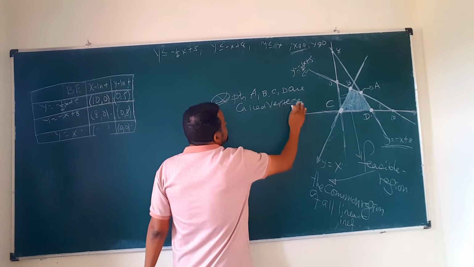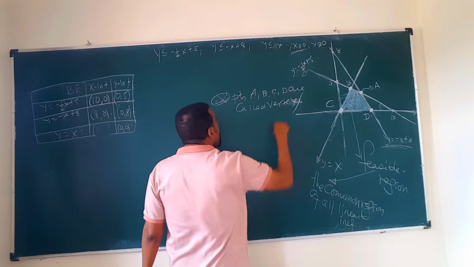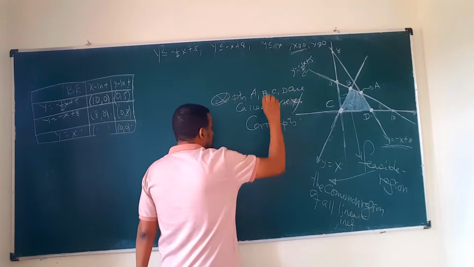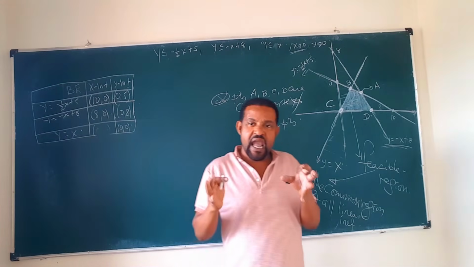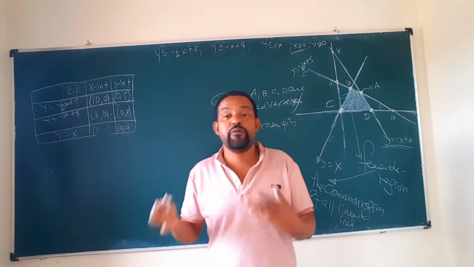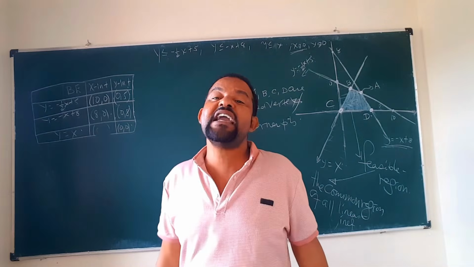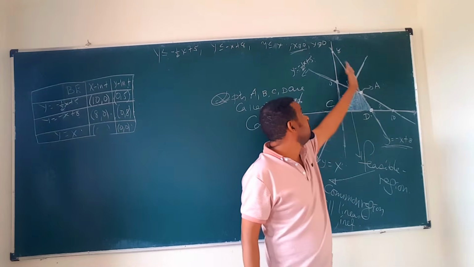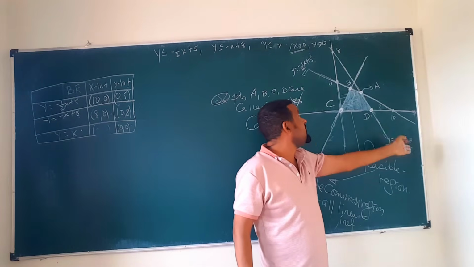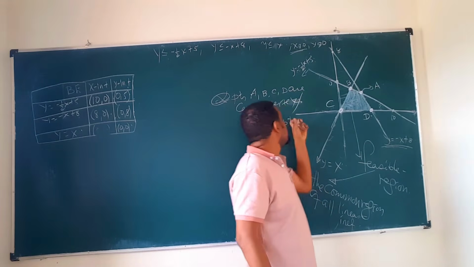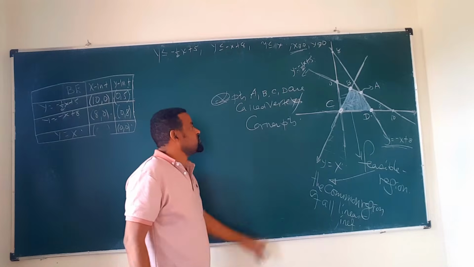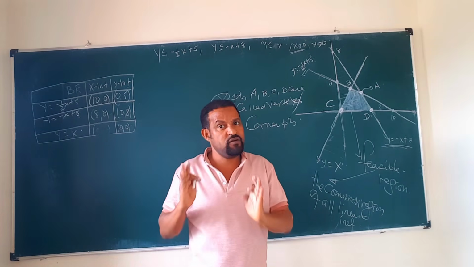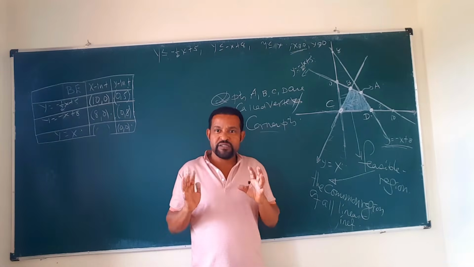They are called vertex or corner points ተብሎ ይጠራሉ። ስለዚህ እነዚህ A, B, C, D, these are the points. These are the intersecting points of the equations of the boundary lines of the linear equations, what we call vertices or corner points. ተብለው ይጠራሉ ማለት ነው።